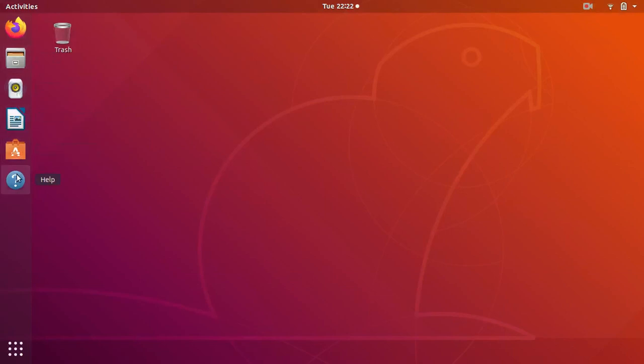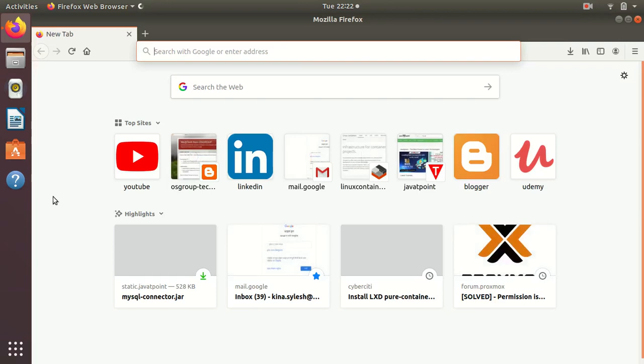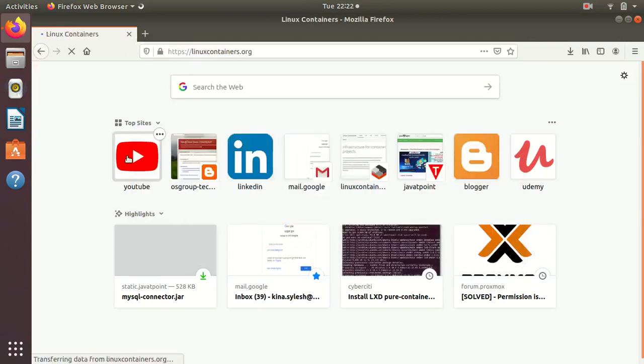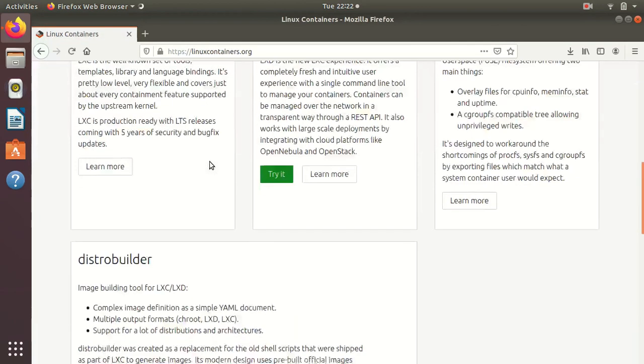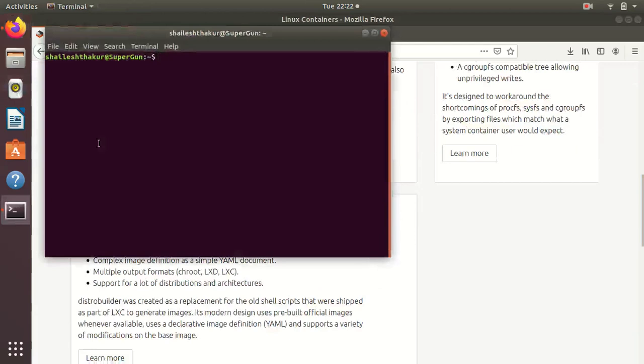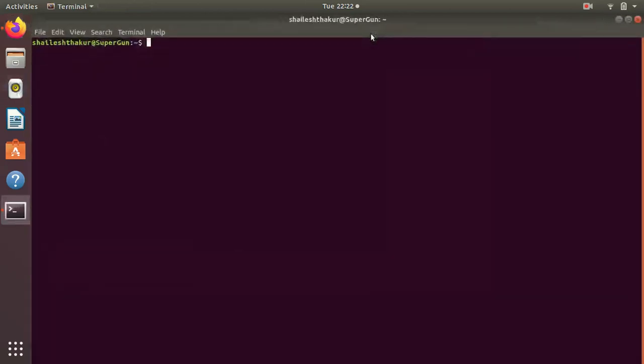I'm here to share an experience on how LXC can make your life easy. So what is LXC? LXC, aka Linux containers. If you want to know more about Linux containers, you can go through this. The prerequisite is that you need to have a Linux container on your machine,